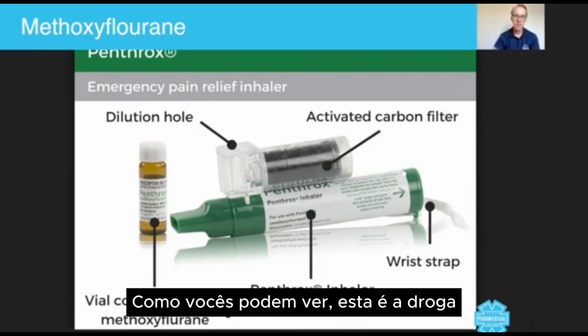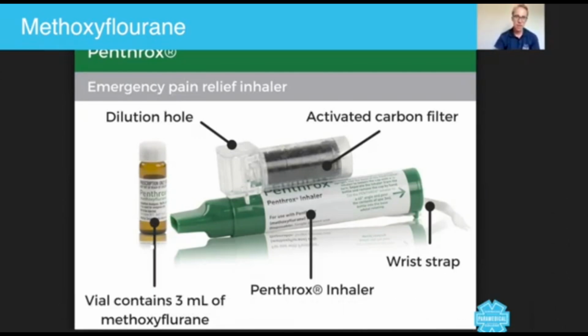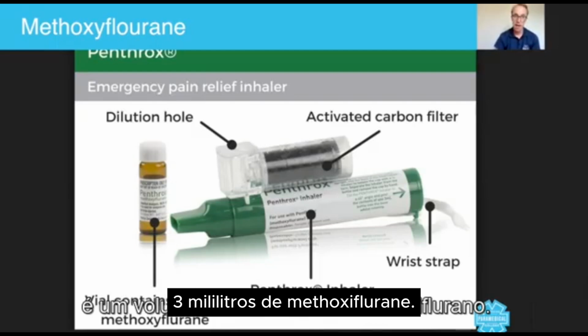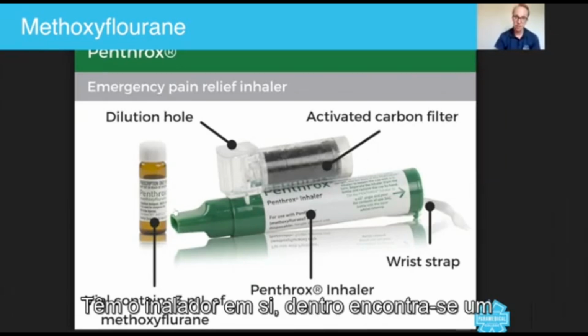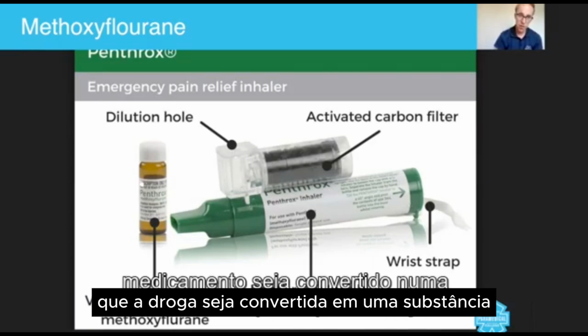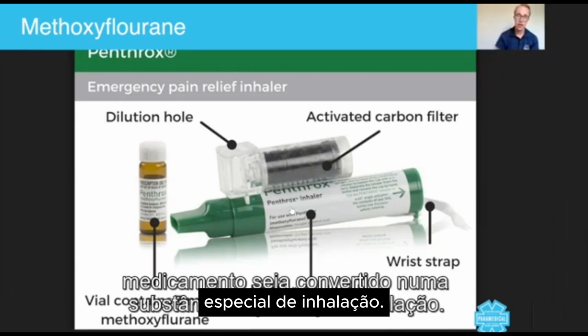So as you can see, this is the drug here in this vial. It's 3 milliliters, so milliliters is a volume. So 3 milliliters of methoxyflurane. You've got the inhaler itself, and inside is a certain type of wick